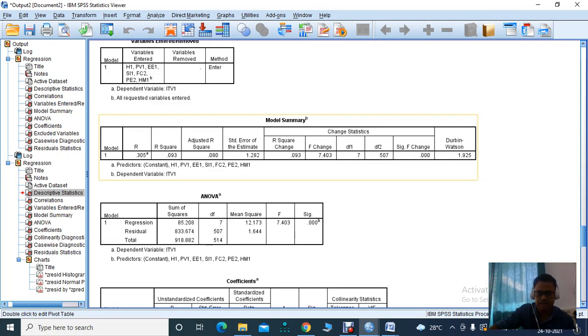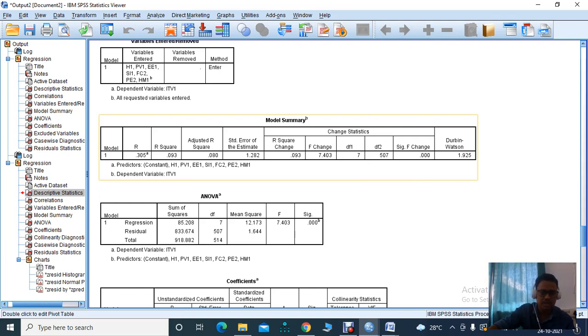So this is the model summary where we can see the value of R square as well as the significance value. In this case, we see that the model summary is significant, indicating that there is some significant contribution of these independent variables explaining the dependent variable. So for that, we see the R square. Here we can see R square value is 0.093. That means it has been able to explain 9% of the variance, which is relatively low and not acceptable here.